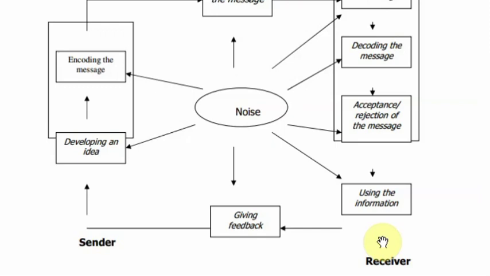Then the receiver, what does he do? He gives feedback. What is the feedback? In the form of, maybe he offers a glass of water. So what is happening here? First, the sender requires a source or impulse. With that impulse, he encodes a message and asks the receiver to give a glass of water. Then the receiver decodes the message, understands it, and gives the feedback. Maybe he offers a glass of water.